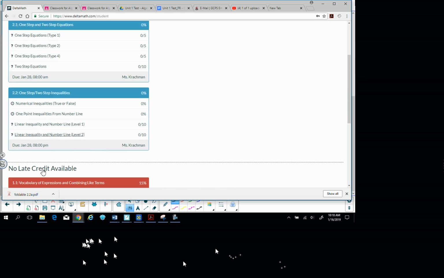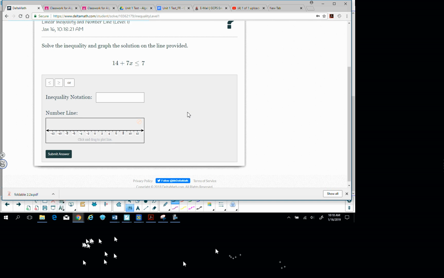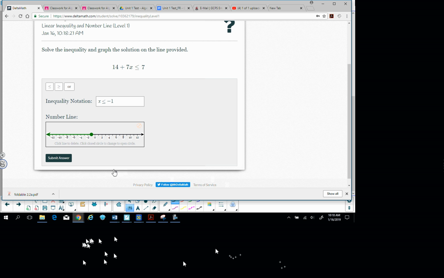And so I would go to 2.2. It's these last two. So all you're doing is you're solving it. So when I solve it, I would end up getting x is, and I would use a sign. When I do that, I end up getting -1. And so how I put it on here, I plot at -1, and it's a solid dot. And then I drag it, so it's less than, so I drag it all the way to the end. If this needed to change to an open circle, I just click on it again. Hopefully it will work for you. If it doesn't, then let me know. And then you would submit your answer. So that's all you're doing here. Cool. So remember